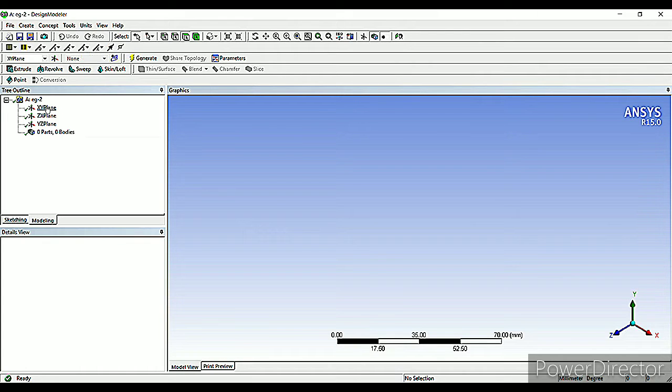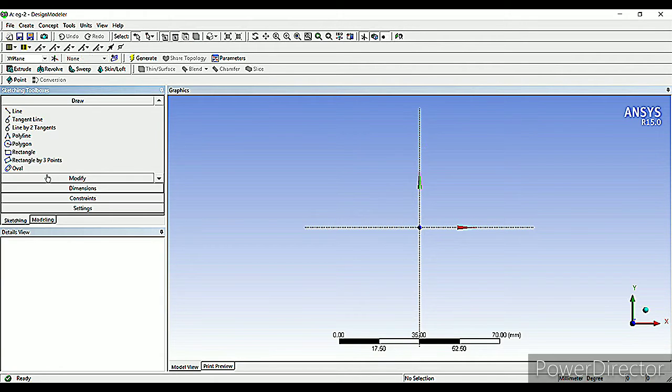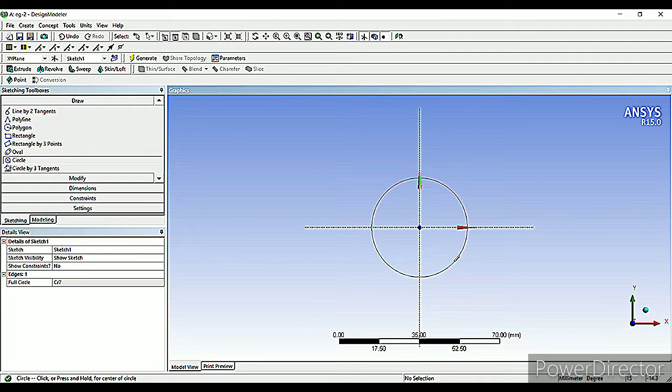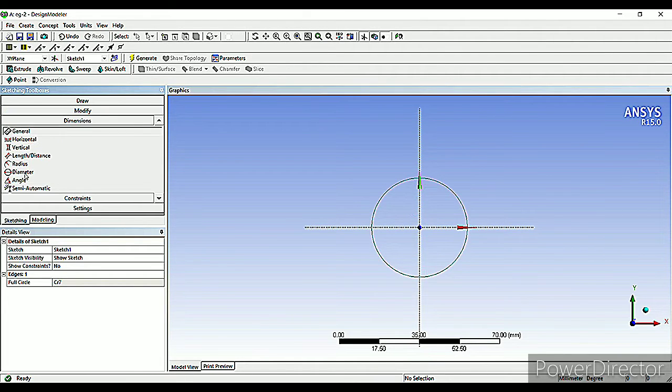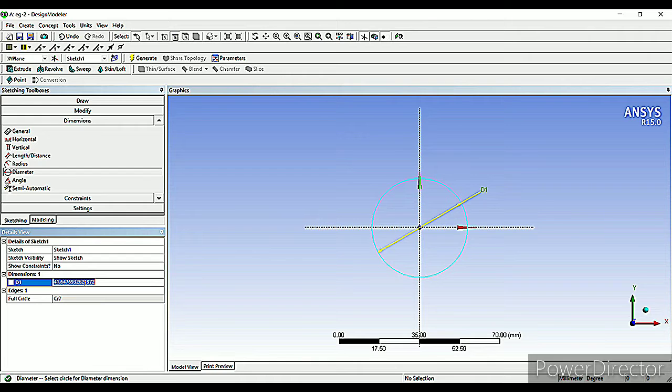Then I will go to XY, look at, and then I'll go to sketching. I'll go to circle and draw the first circle whose dimension in terms of diameter is given to me as 60 mm.